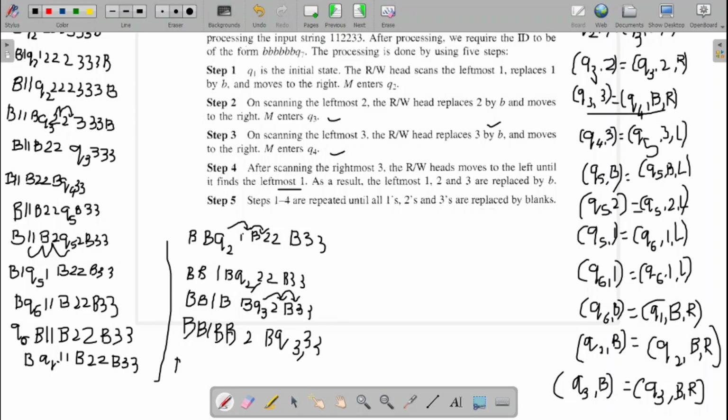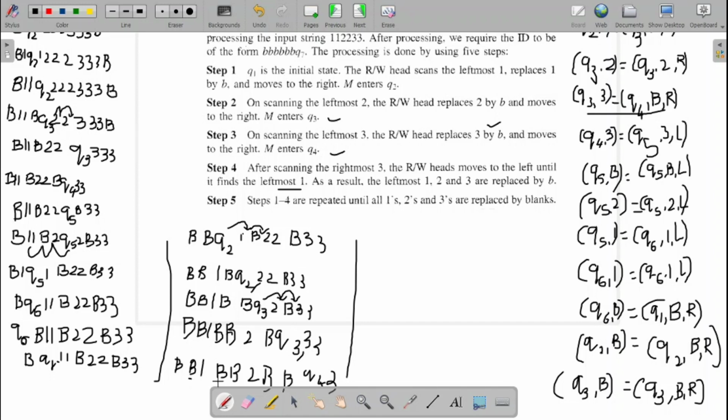So now what will be my result? Blank, blank, 1, blank, blank, 2, blank, blank. Then it is a Q4 on 3. So again Q4 on 3. What to do? You have to make it a Q3, Q5, 3 as it is, but you need to go back. So this will be repeated again. It will go till the blank again. Again change the state to Q1.